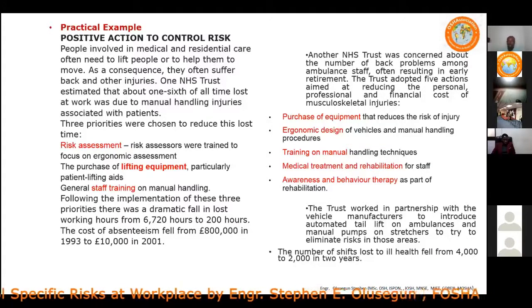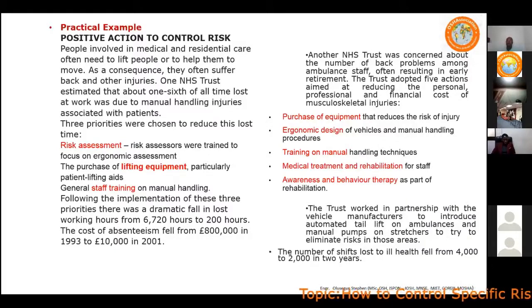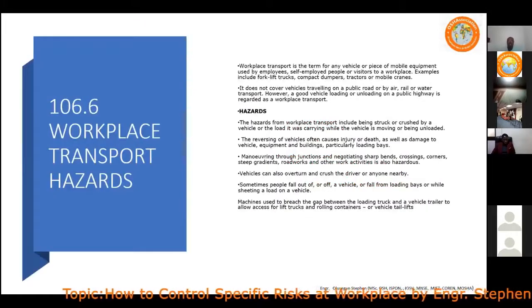I can tell you the trust worked in partnership with the vehicle manufacturer to introduce automatic tail lift for ambulances and manual pumps on stretchers to try to eliminate the risk in this area. And the number of days lost to ill health from 4,000 were reduced to 2,000 in 2 years. So when you implement this control, it has a great